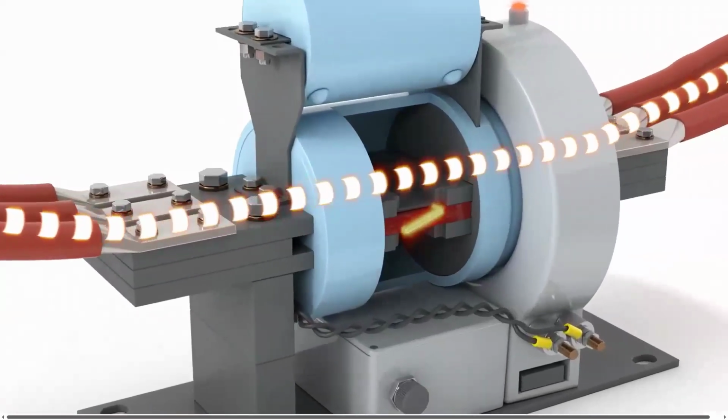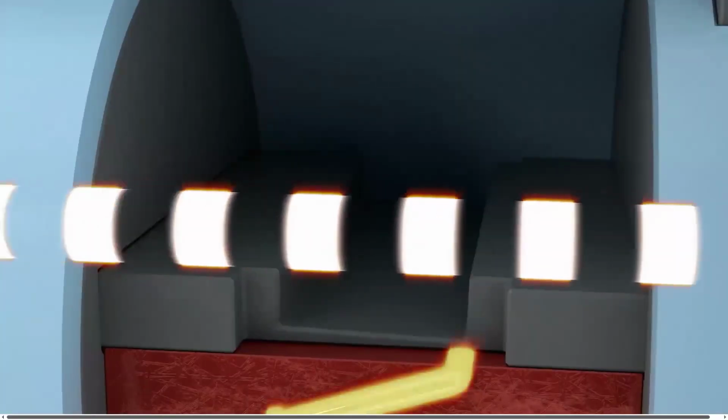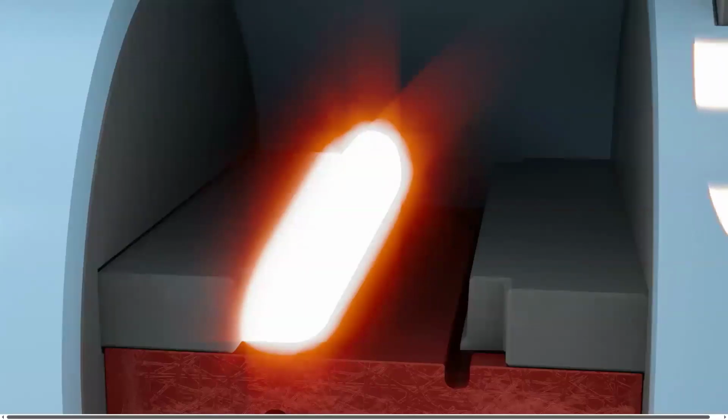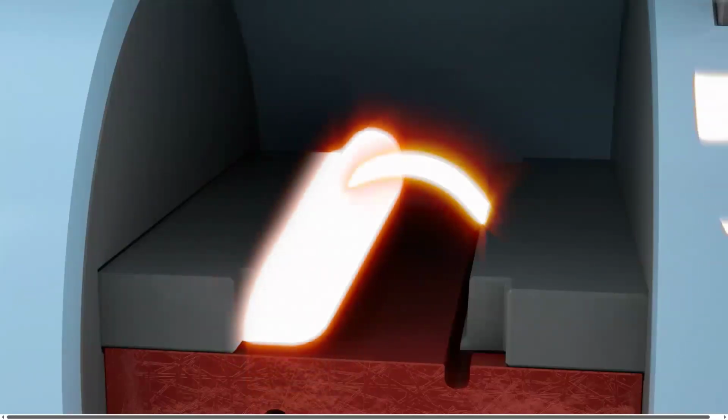A carefully controlled and fully contained pyrotechnic operation uses a detonating cord to sever the copper conductor and fold it back on itself, opening a gap in the main conduction path. An arc then forms at this gap. The resulting arc voltage across this gap causes the full fault current to transfer to the parallel path through the